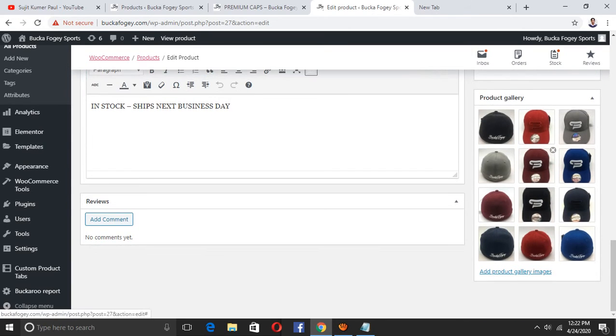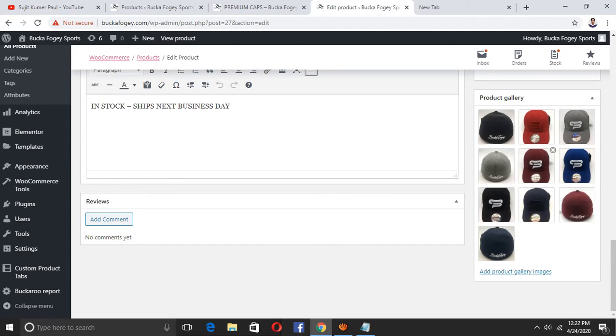You can add, and anytime you can delete this product, click then delete. And you can arrange the order just by drag and drop.